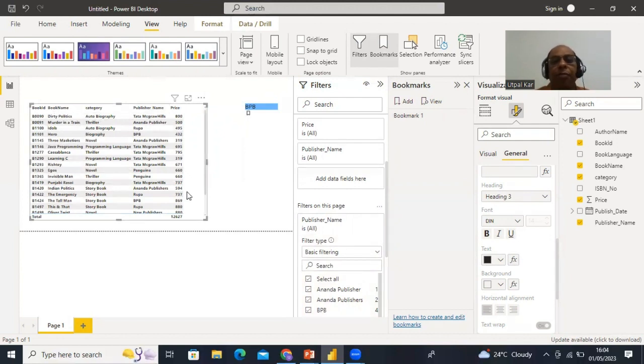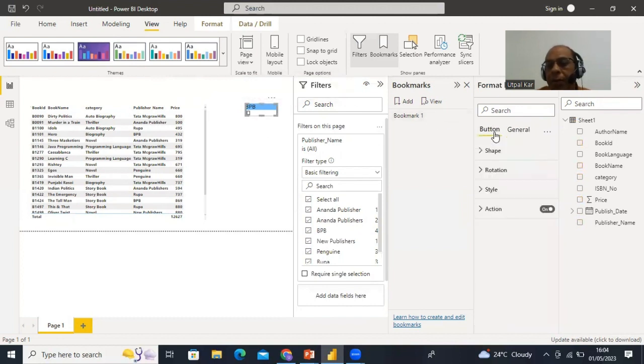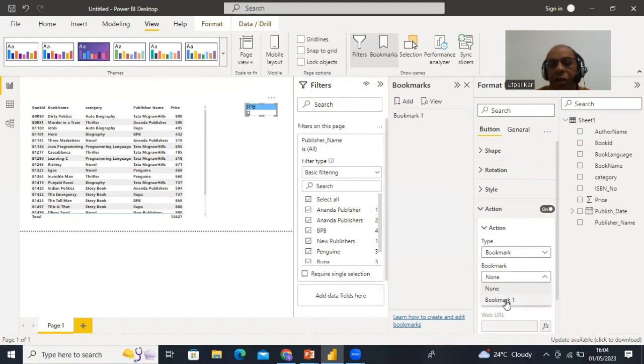Now, another small step is required. Select this particular button, because on clicking it you have to apply filters for BPB. Select this button and come to the properties called button. There is an option called action property. If you click on action, you will find that the name of bookmark 1 comes automatically. That means you are establishing a link between your bookmark and this bookmark button. So if you choose bookmark